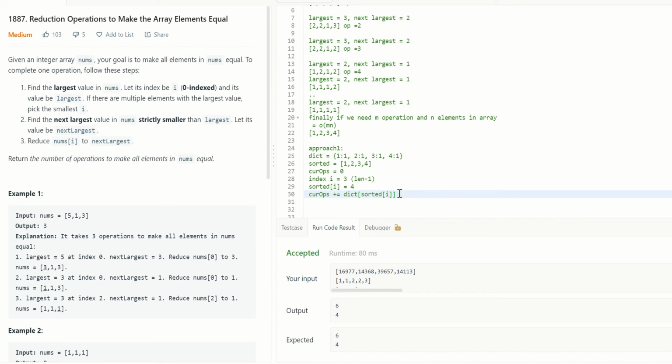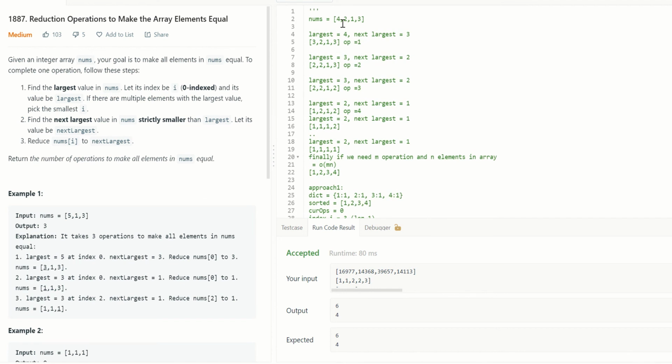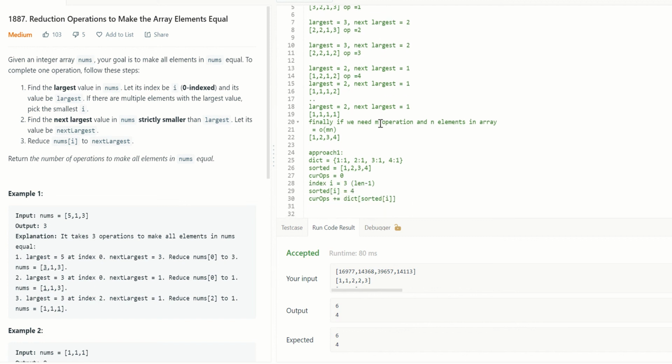For 4, one time you need to transform, but how many times is it getting transformed here? If you observe, 4 is getting transformed to 3, 3 to 2, and 2 to 1. So how many operations is it undergoing? 3 operations in that particular example. So in this case, current operations is taken as 1.